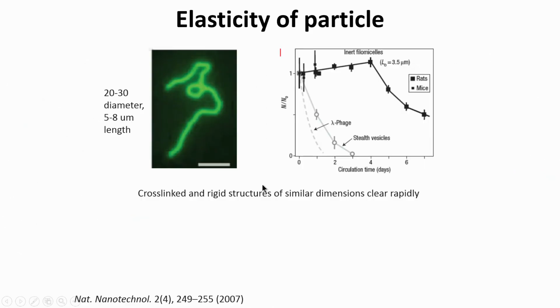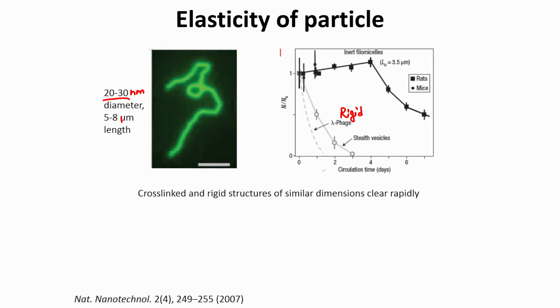Another example of making elastic particles is phylomicelles, and these are polymeric particles which are 20 to 30 nanometer in diameter, and they are about 5 to 8 micron in length. So, here is just a fluorescent image of this. It is just like a thread or worm like particle, and what they have shown is you can cross link the different regions and make it rigid, or you can leave it like this, and if you see their circulation time. So, if you use a lambda phage which is very similar in structure, but is a fairly rigid molecule. So, this is rigid,